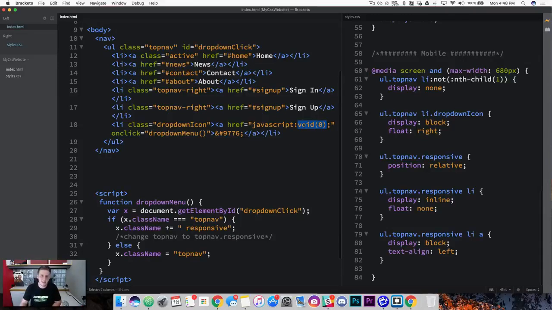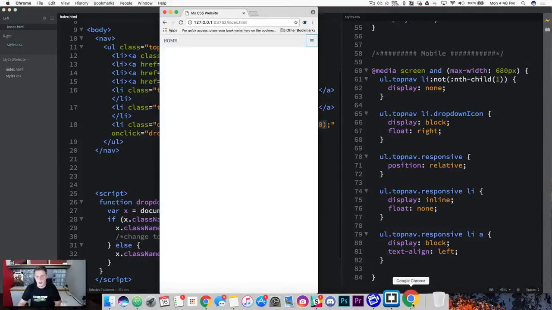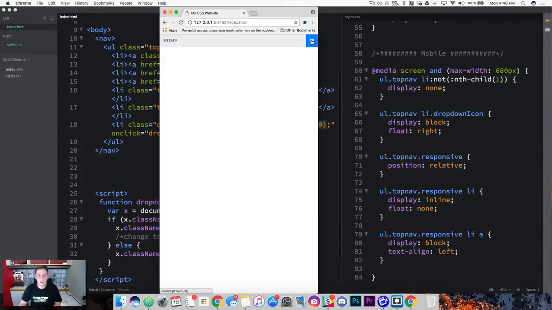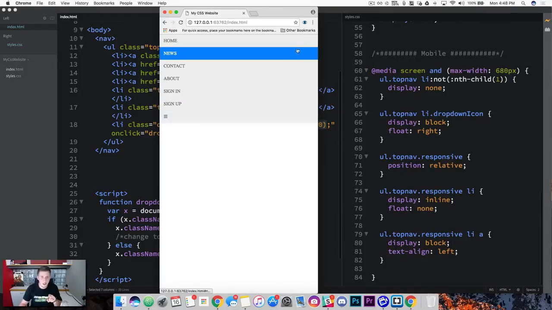And by putting this in here, this is cool because when you click that drop-down menu now, the browser is going to say, hey, my path is undefined, so I'm just going to stay here, and that's what's going to leave our list open. So I'm going to go ahead and save that, come back to your browser, refresh it, and I click down, and you can see the menu stays here. Now looking at this, we've got one more problem. Our icon here is floating down to the bottom of the list. It's doing exactly what we told it to. We said, hey, display in a block element and text align to the left,